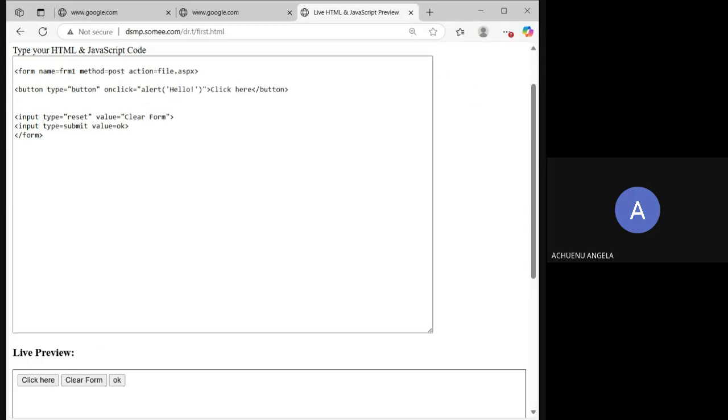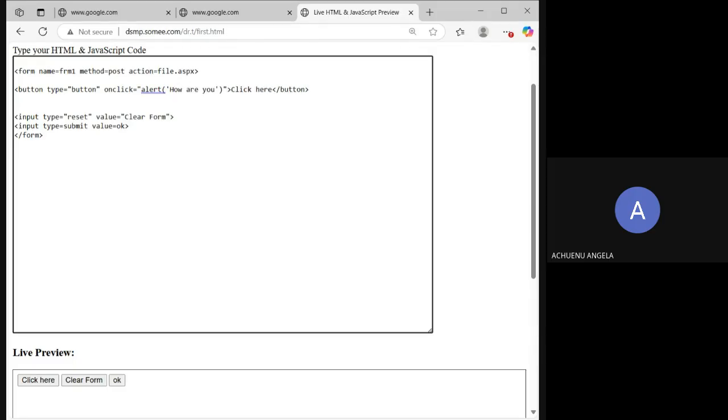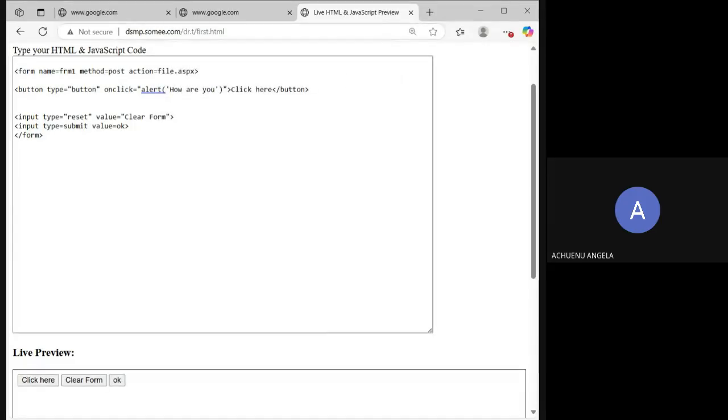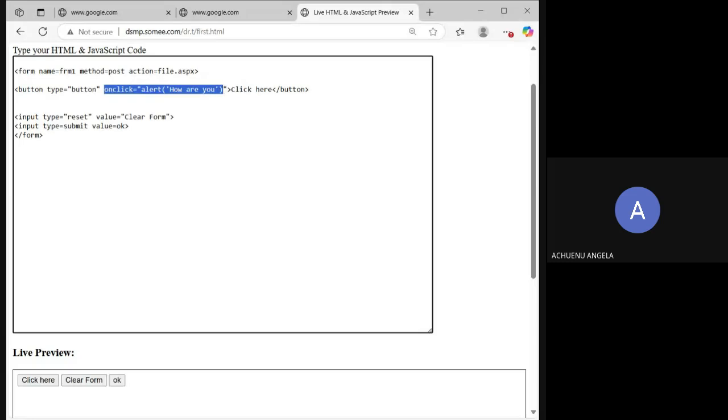I can change the hello to anything I want, like how are you? So if you click there, it automatically says how are you? Understand? That's because of this JavaScript that we put here in the middle. If we don't put this on click, this JavaScript